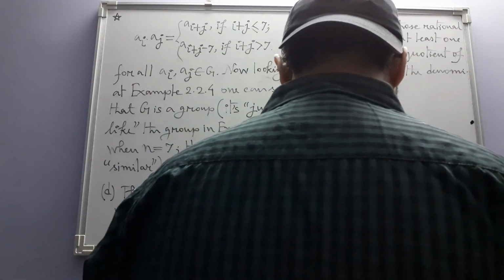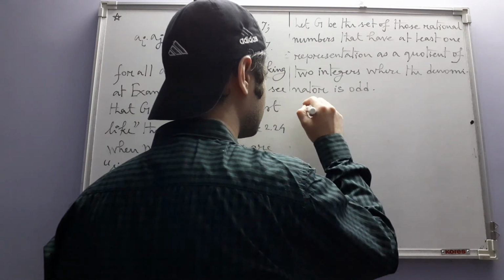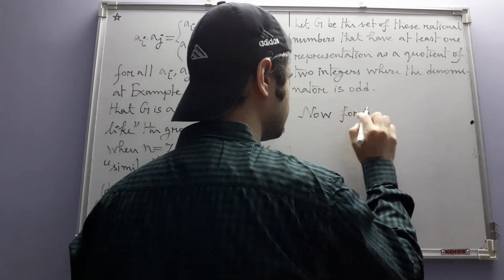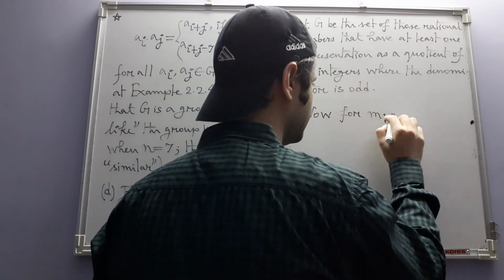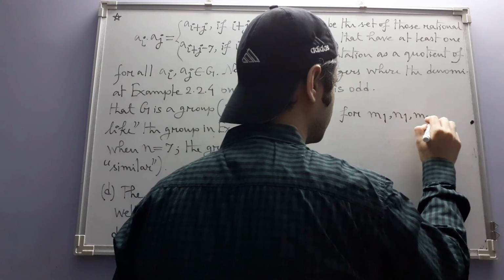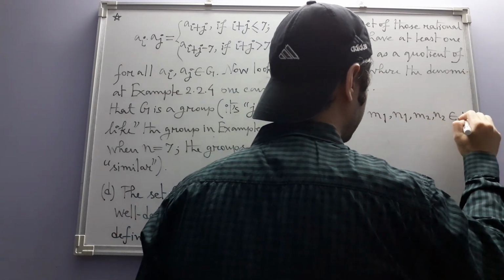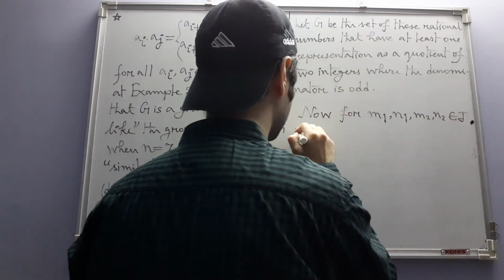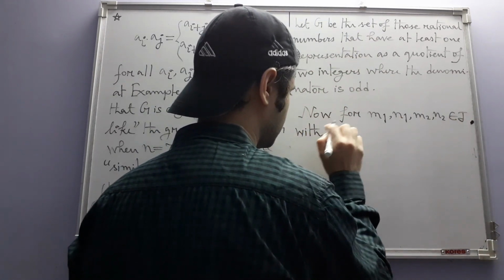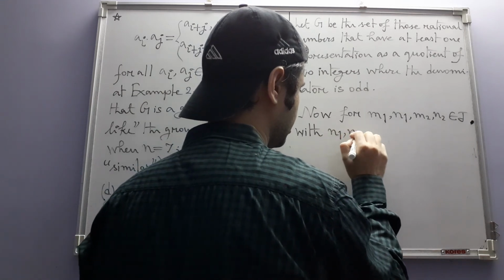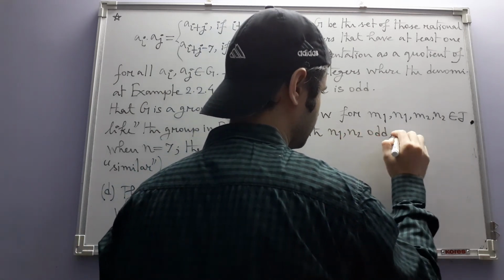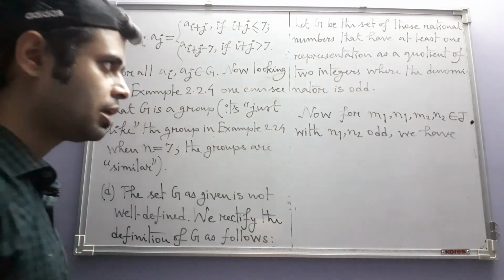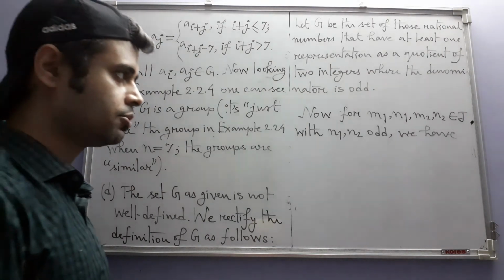Okay, so now for integers m1, n1, m2 and n2 belonging to J, which denotes the set of integers, with n1 and n2 odd, we have, okay, so if n1 and n2 are odd and m1 and m2 are any integers,